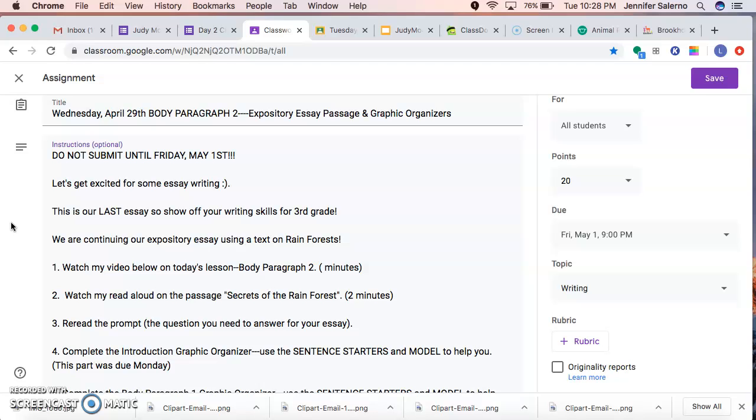Before we do that, I just want to start off by saying that already this week I've seen a huge improvement in your writing from last week's essay to this week's essay. I'm really proud of you guys for the improvement that I've seen, for how hard you're working. You're using your sentence starters, you're using the models, you're watching the videos, and I see that you're really trying to show me off those skills for third grade. And I couldn't be prouder right now, especially with this virtual learning, of how well you're doing. So I just want to make that clear. I'm really proud so far of these essays.